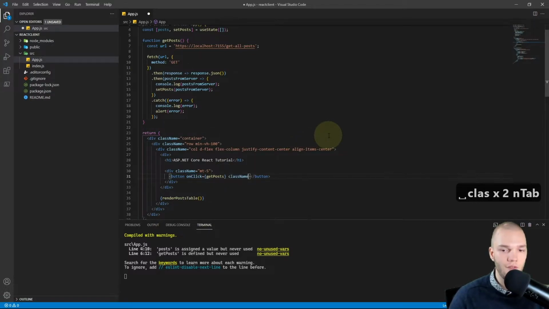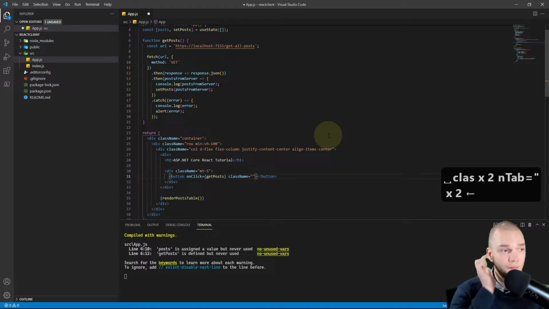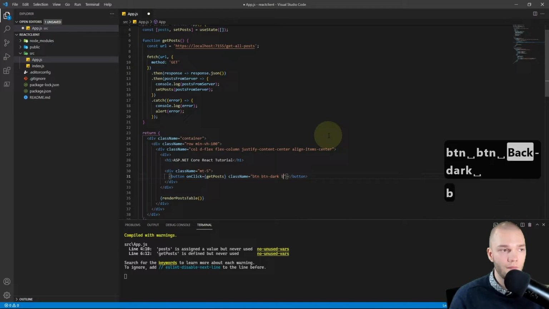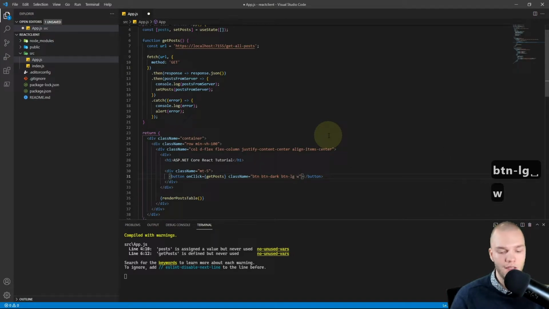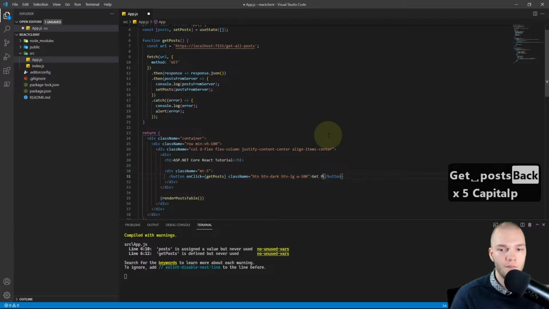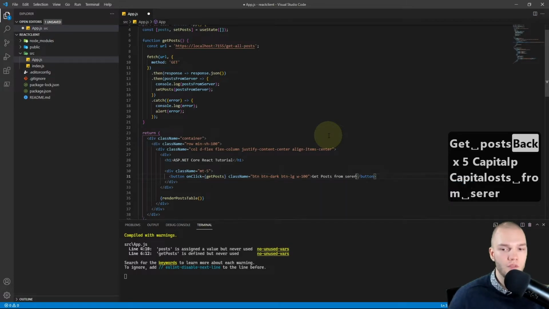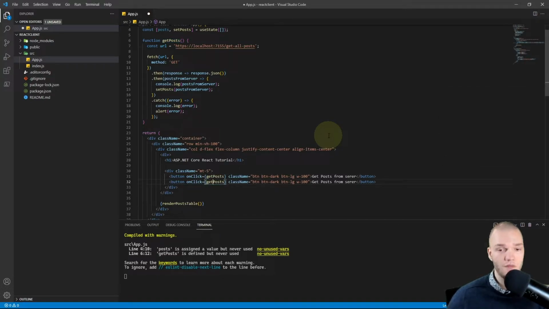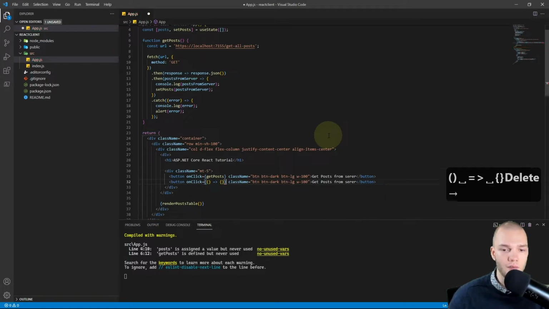Right, and I'm gonna add a few classes to this button. So I'll do btn, btn-dark, btn-lg, and w-100. And for the text, I'm gonna do get posts from server, and I'll just add another button. I'm gonna duplicate this down with Shift Alt down arrow, and I'm gonna make this onClick empty for now. So I'll just pass in an empty anonymous function,